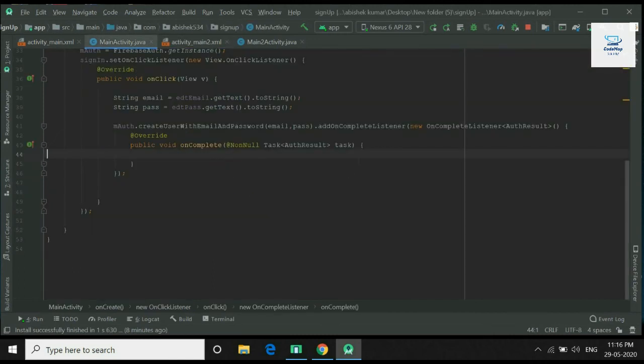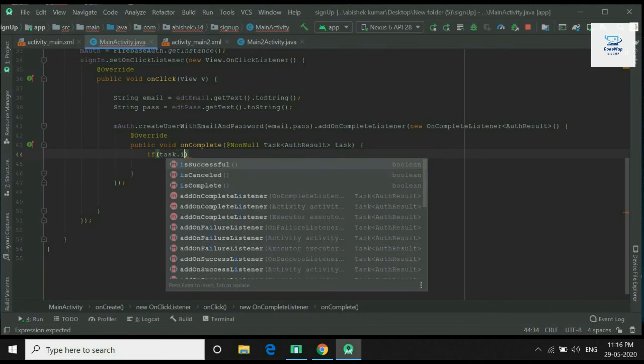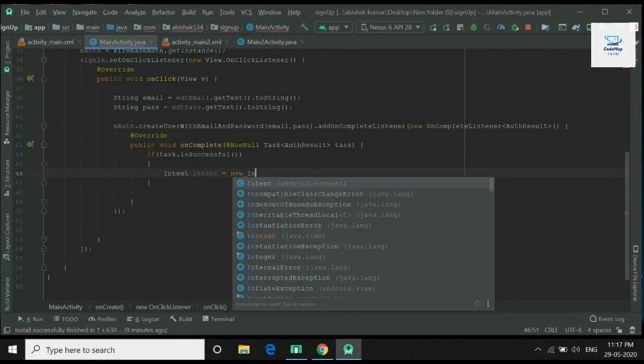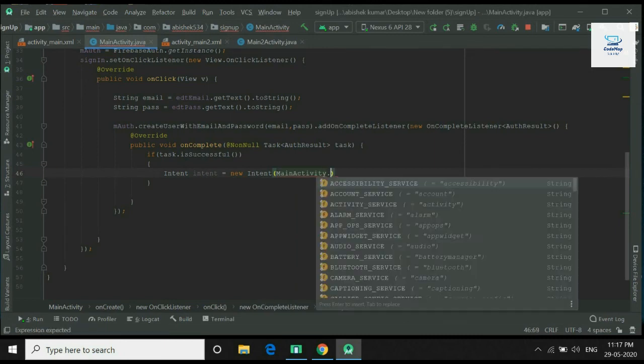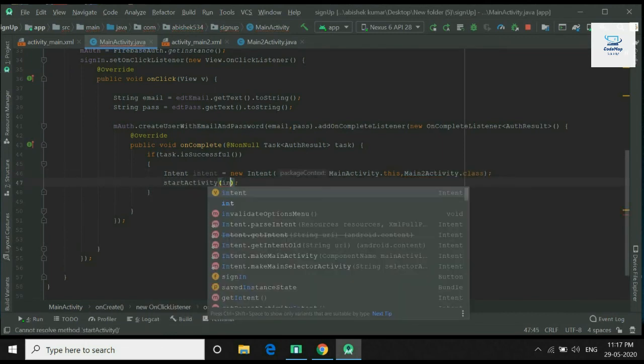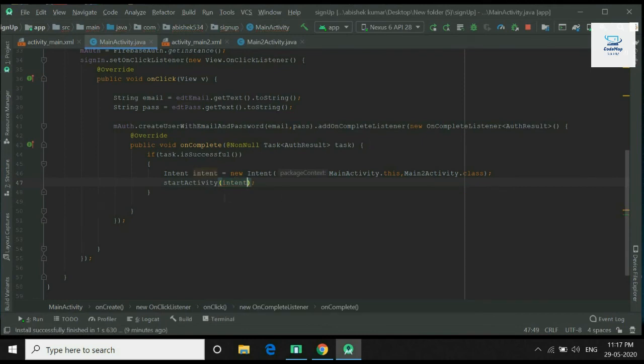Now move toward the main activity Java file, and we will check if the user has been successfully signed up. Then we will redirect the user to the new activity, and if it fails to sign up, then we will produce a toast message. So if task dot is successful, now we will create intent. Now if the sign up is unsuccessful, then else